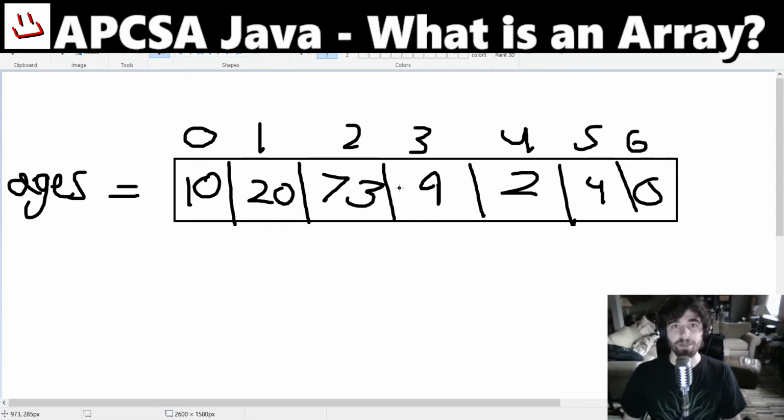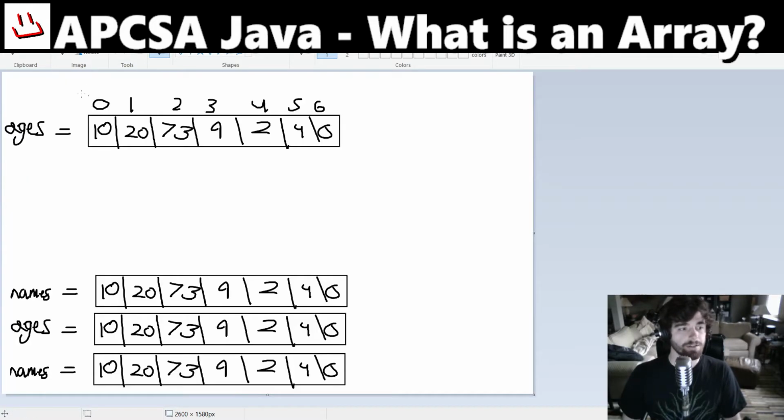So if I want to get the third thing out of ages, that would be this one right here. This would be 9. I would get 9 out of it. I go to index 3, and I get 9 out of it. If I want to get the number 73, well, that's at index 2, right? So zooming back out,